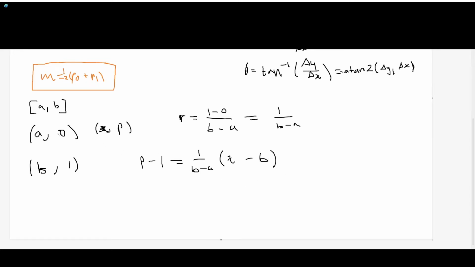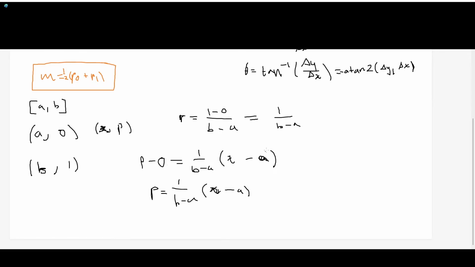Actually, to make this simpler, let's use this point right here. Let's use a and 0. So p minus 0 over x minus a. Let me just make that a little clearer. So p minus 0, x minus a. And the reason I'm using a and 0 is because p minus 0 is just p. So we have p already simplified for us. And we have 1 over b minus a and whatever's inside this parentheses. So x minus